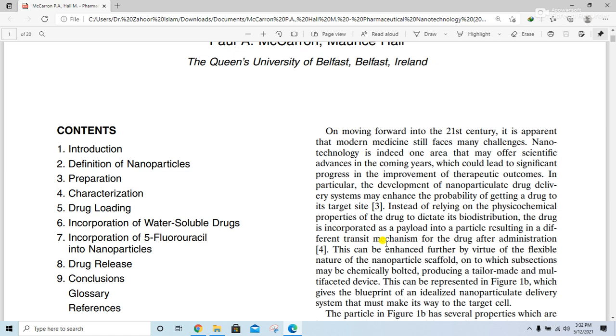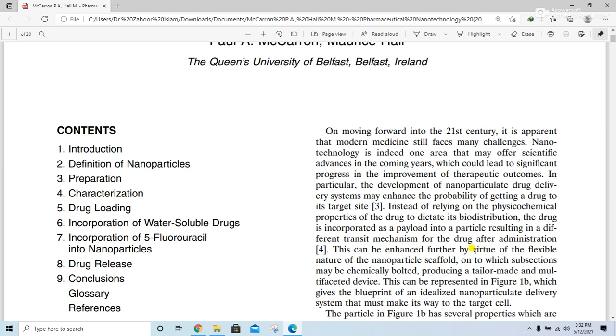So this is one of the most prominent methods through which we can deliver a drug to the specific targeted area, instead of relying on the physicochemical properties of the drug to dictate its biodistribution. The drug is incorporated as a payload into a particle, resulting in a different transit mechanism for the drug